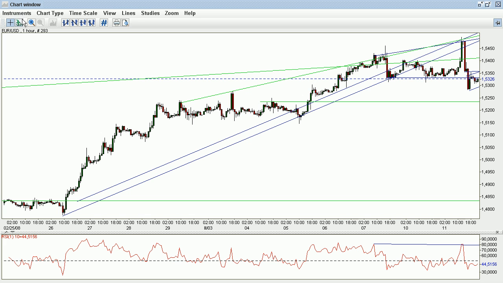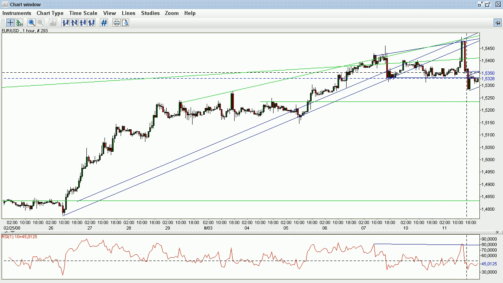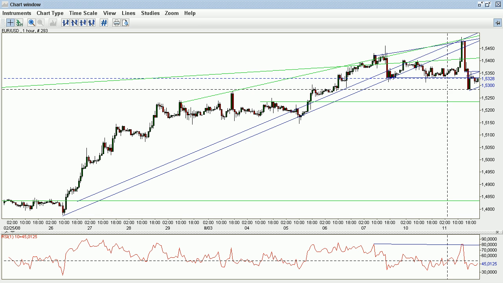So that's pretty much what we can say about the euro dollar. And once again, I apologize for my inability to post a video last night, but this is pretty much what I expected to see when I saw the charts, and this happened, this negative divergence which formed. But we still have to be a little bit more patient and be looking for a close on the 1 hour chart below the level of